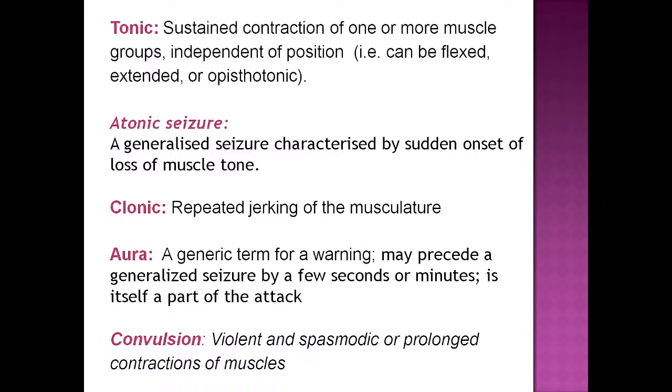Convulsions are nothing but another term used for violent spasmodic contractions of muscles. So clonic phase is what we call as convulsions. The clonic phase many a times is accompanied by tonic phases. Sometimes only tonic may be there, sometimes only clonic may be there. The classical is both tonic and clonic being there. So generalized tonic clonic seizures, but there may be generalized tonic seizures, there may be generalized clonic seizures, there may be generalized atonic seizures. All of the presentations are possible. Okay.